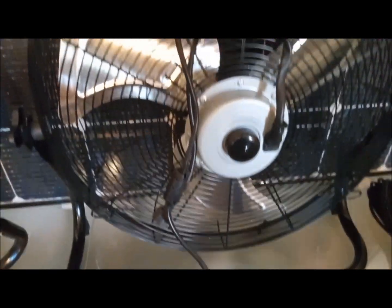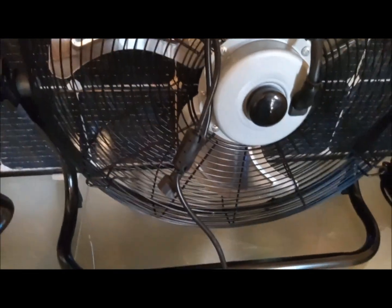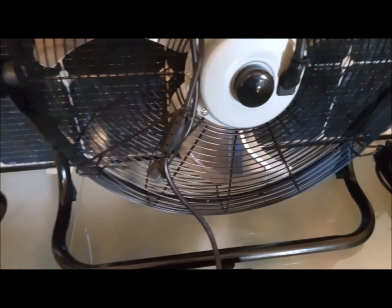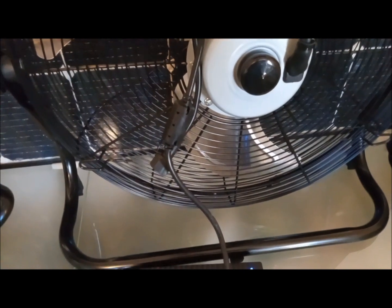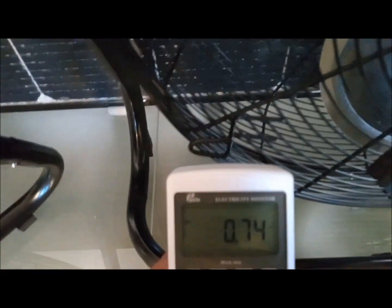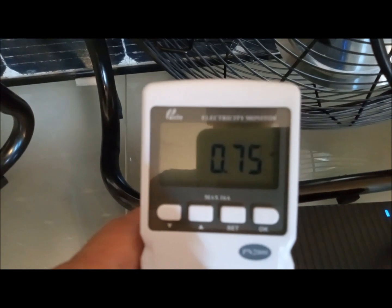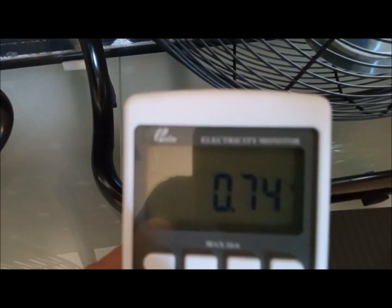Okay, I've gone ahead and connected the Western Harmonics fan to the wall adapter, disconnected the other power supply, which would be solar, which is the default power supply, and we've plugged into the wall. Now, right out of the gate, there is a fundamental difference with these guys. We have what's called a phantom electrical usage, which means to power up the device powering the fan, we're using about